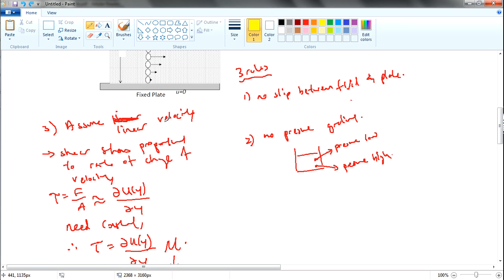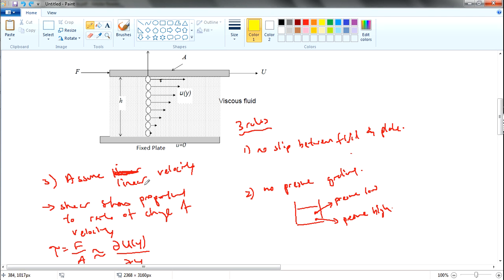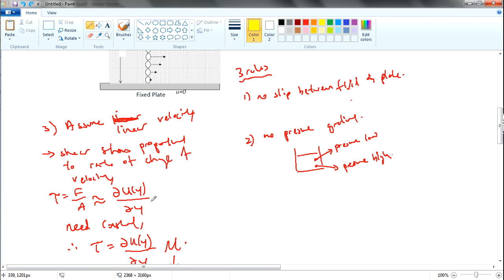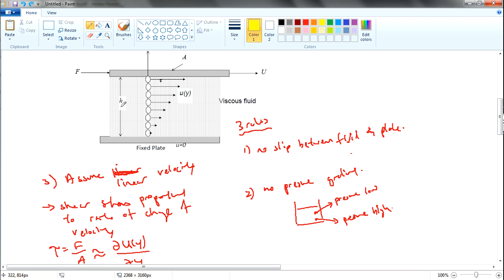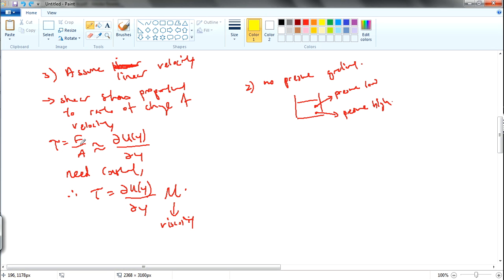So therefore, they are somewhat proportional. We will assume that this is proportional, and therefore, the shear stress of the fluid, equal to force over area, as you remember, is proportional to the rate of change of the fluid velocity divided by the small change of h, that means y. Okay. So this equation, because I did the tutorial already, is a very important, very useful equation, and as you can see, they are proportional.